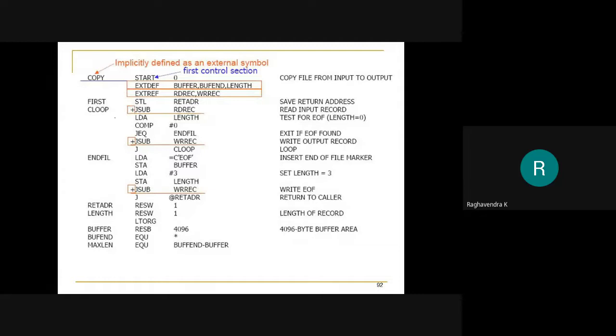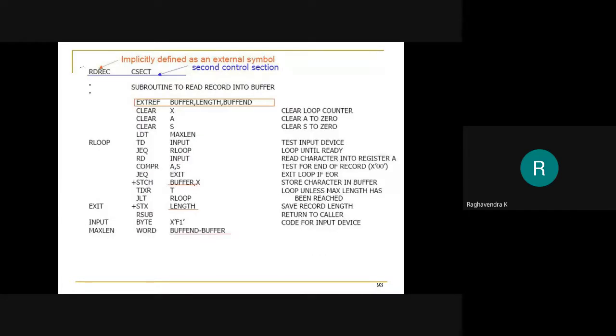So let us check this out. This is one assembler program with one complete control section. If it is not explicitly mentioned, then when you have the START assembler directive, we consider it the default control section. Now you can observe that the second control section is defined using the CSECT assembler directive.